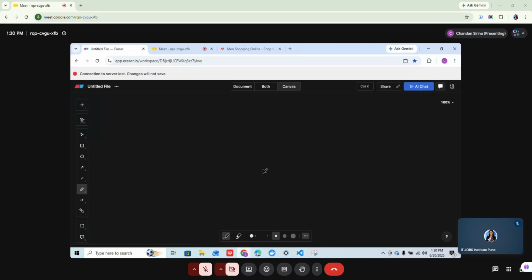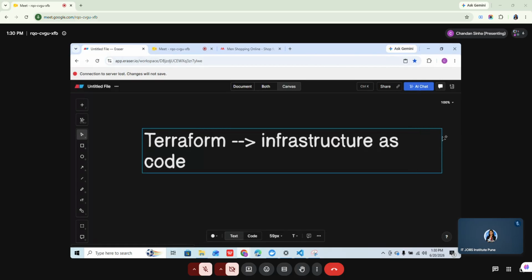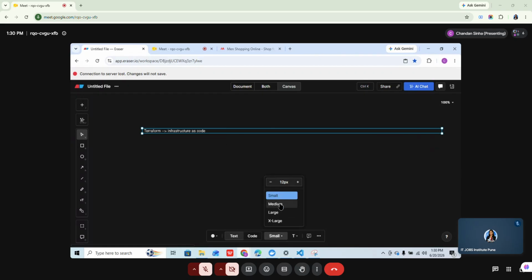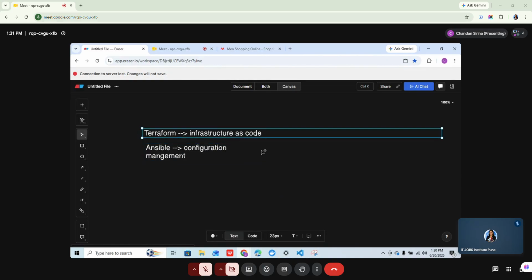Let me write it. Terraform, infrastructure as code. Reduce the size to small, medium. एक काम करते हैं, हम टेराफॉर्म की वेबसाइट पे चलते हैं।